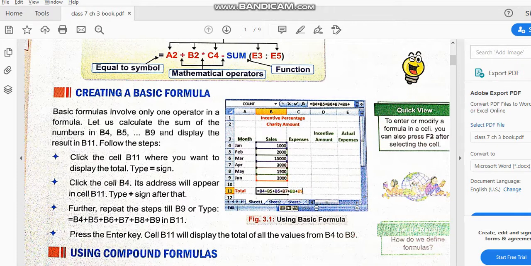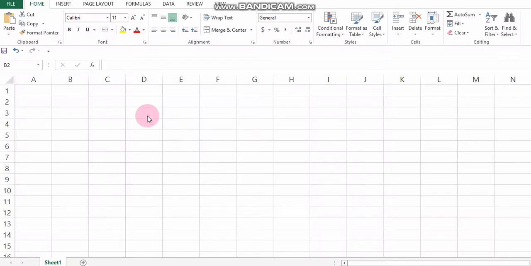Now the next is quick view. To enter or modify a formula, you can also press F2 after selecting the cell. Almost always you double click when going into a cell to write something, but instead you can press F2 and then you can enter anything in the cell. Let me show you how. Suppose I selected this cell.